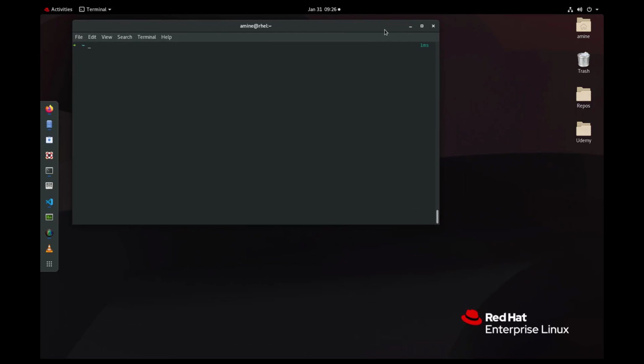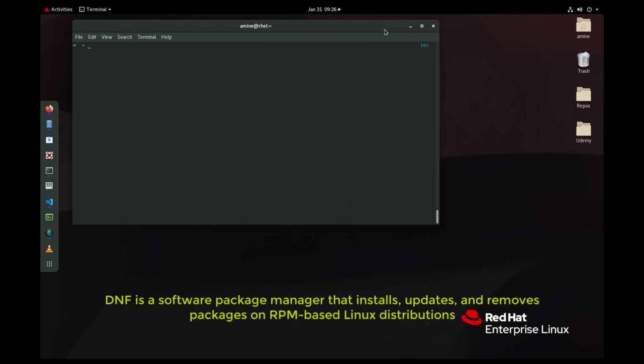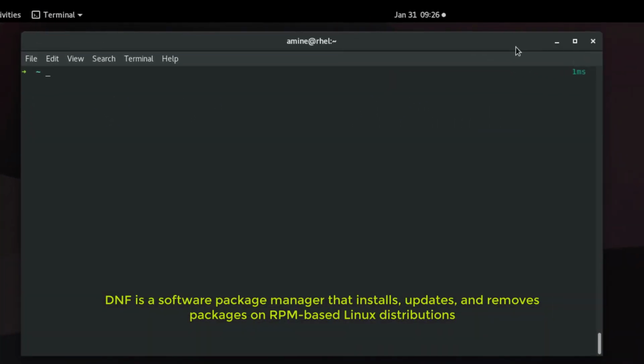As you may know, DNF is the default package manager for Fedora and Red Hat Enterprise Linux, and also some other RPM based distributions. It's used to install, update or remove packages, okay? But in this video I'll show you just some tips and tricks that can make the use of DNF much